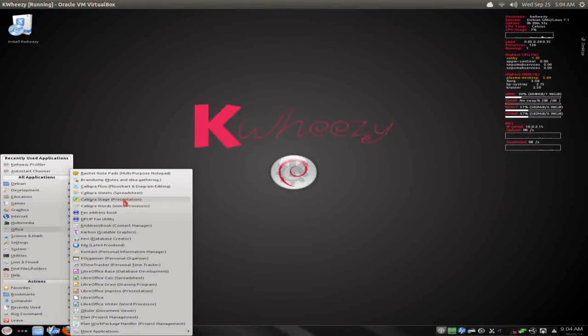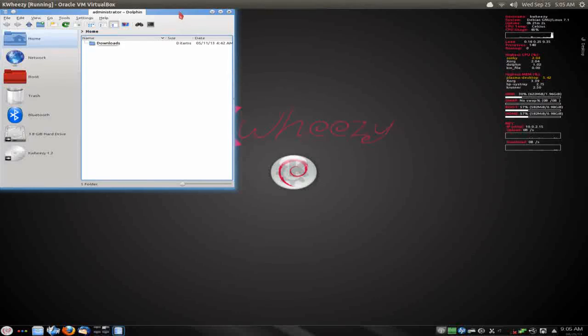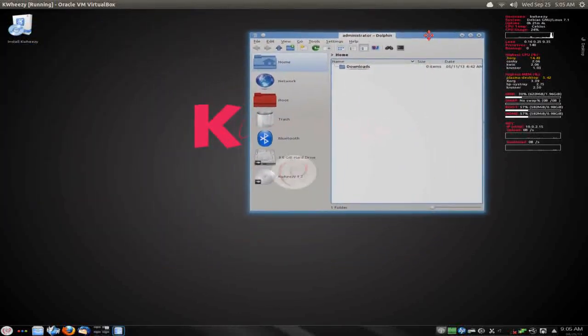That's the point. The other issue that I had, and it is more of a personal preference, was with the theming. Now, I do like what they've done here as far as the pink on silver on black theme. It's visually appealing, it's easy on the eyes, but it's not cohesive throughout the entire system. When you launch Dolphin, for example, you can see that you have this glaring contrast. You have the blue Dolphin with the blue glow shadow around it, and the icon themes really don't stand out,